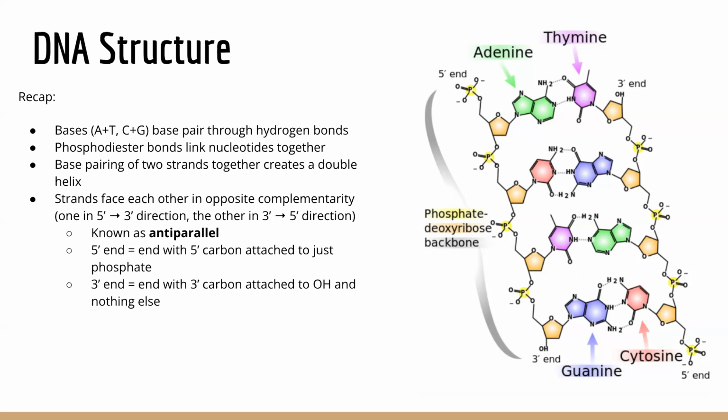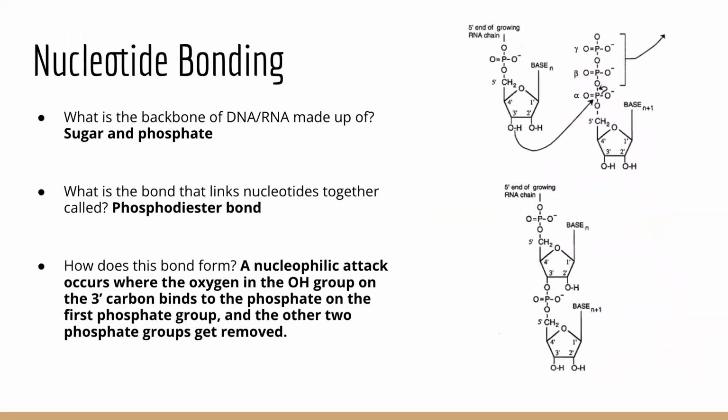So this is a nucleotide. This is the phosphodiester bond. This is the next nucleotide. This is the phosphodiester bond. So pretty basic. The way that nucleotide bonding occurs is that this OH, right, on that 3' carbon of